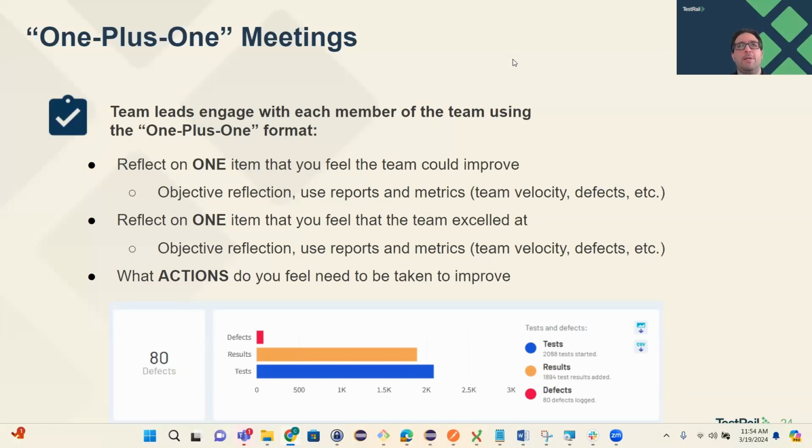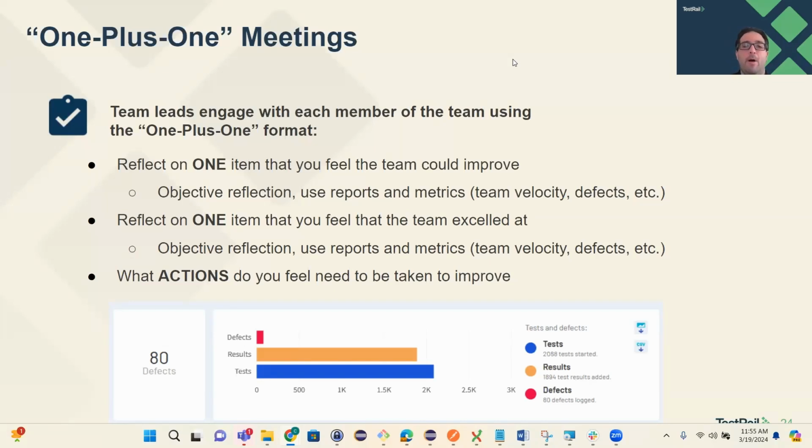Having some good analytics, it's the kind of paradigm you may have heard people say: you can't increase or lower the temperature in the room if you don't know what the temperature is. So we need some objective measure of where we're at, what the issue is, and then how we can adjust. Having some good tooling for analytics, like I have a screenshot below. This is one of TestRail's mini dashboards, which gives you a ratio of defects, results, and tests that have been executed, overall tests that have been started. So it gives you a ratio of what's been run, what hasn't, what defects we found, something you can use to be objective and then introduce in these 1+1 meetings, based on what people want to talk about or get better at.